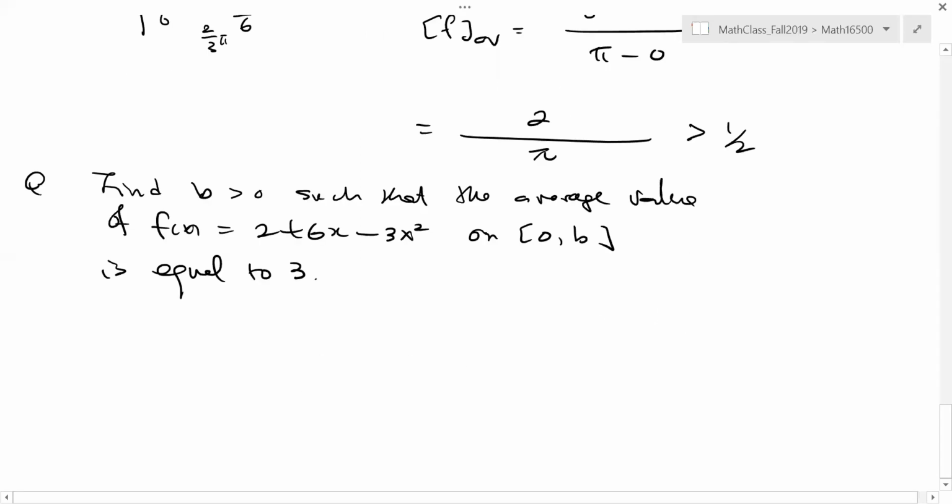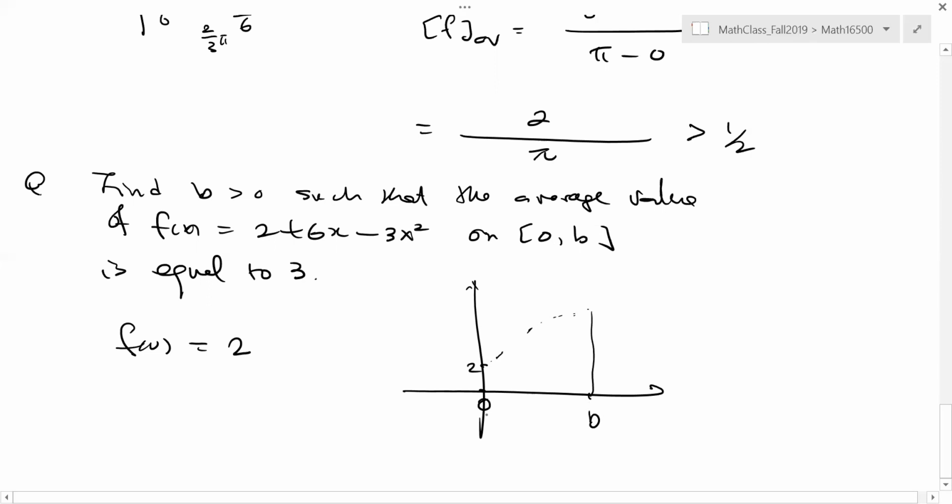Clearly, f of 0 is 2. The value of the function is 2 when x equals 0. It's possible the function increases here. So the average value over the interval from 0 to b may be larger than 2. I want to find out